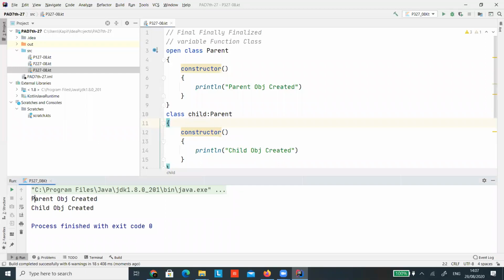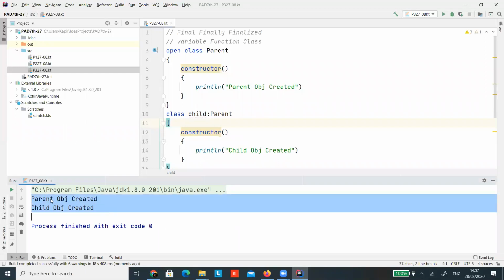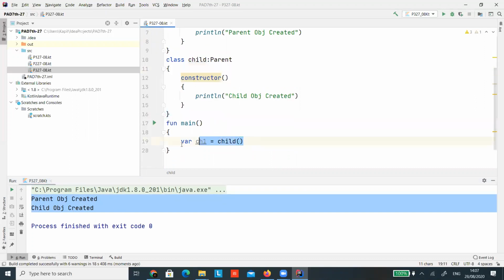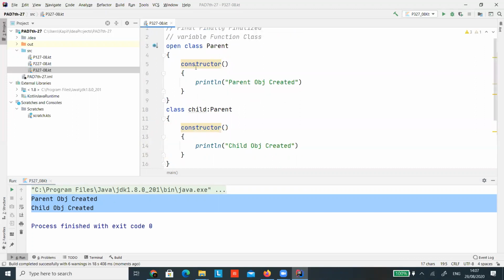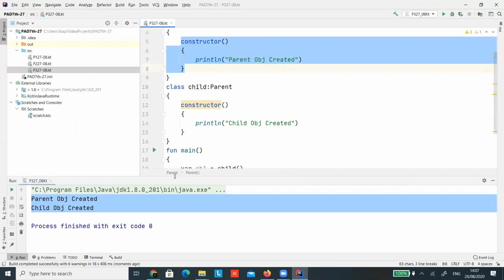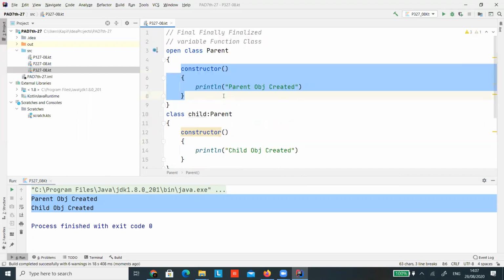This was the last output which we discussed: parent object created and child object created. It means that whenever you try to create the child object, it will first call the parent. So the parent constructor will be called first and then the child. Okay, now let's go ahead and discuss some more concepts about this.